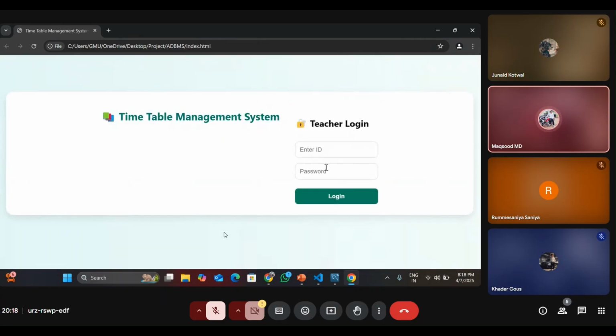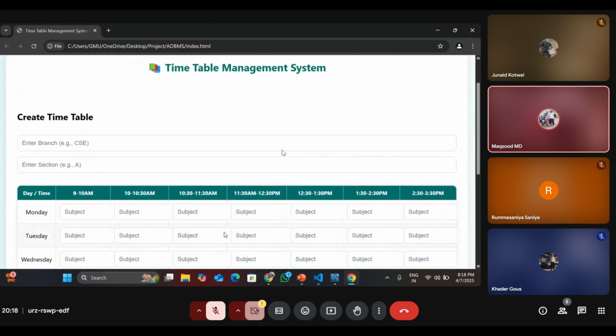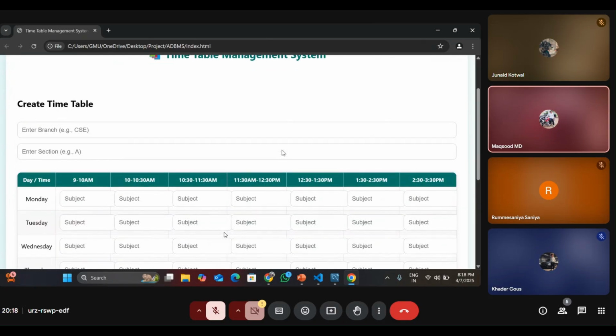Just we can log in. When login is successful, it shows that the teacher login is successful, and it shows the created